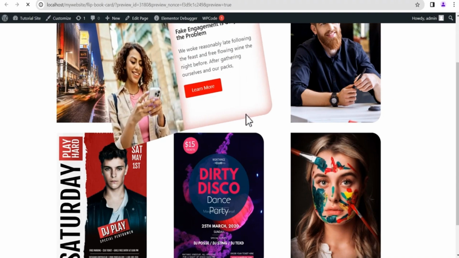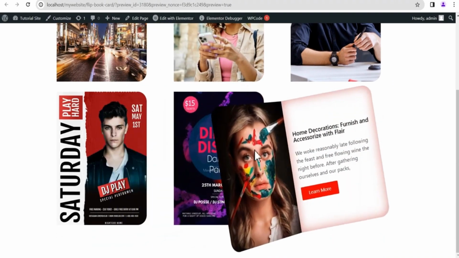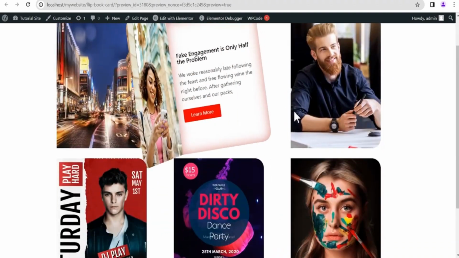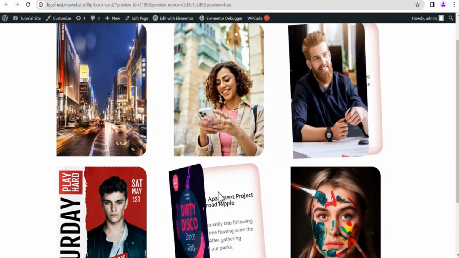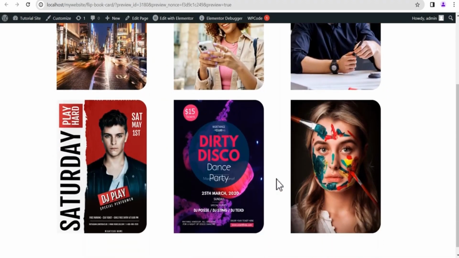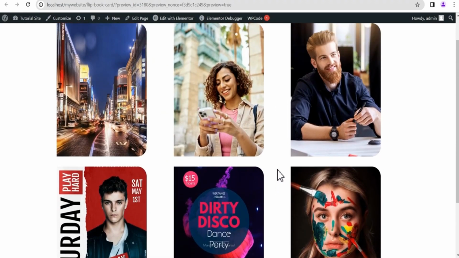Now we click on live preview. Voila, this is the feature we've added. We've come to the end of this tutorial. I hope you find this tutorial helpful and you've already imagined a series of ways you can use this feature on